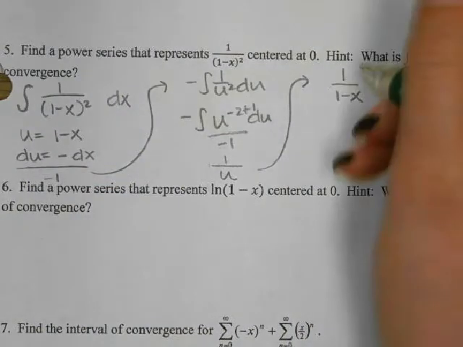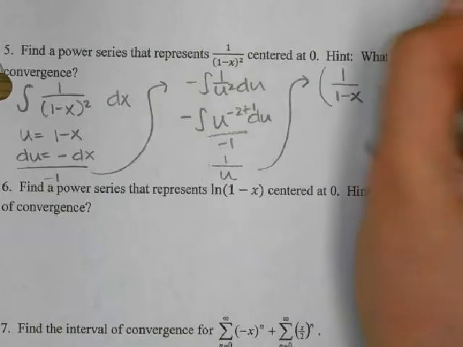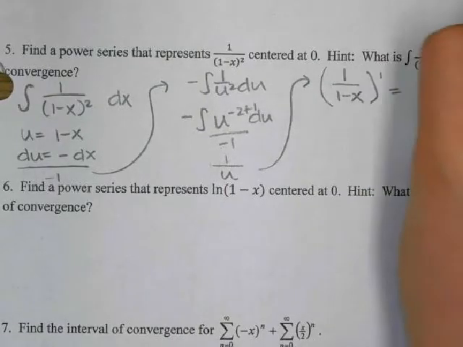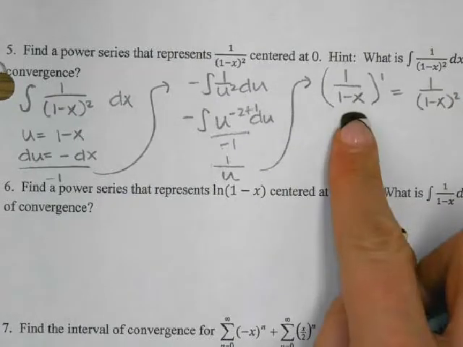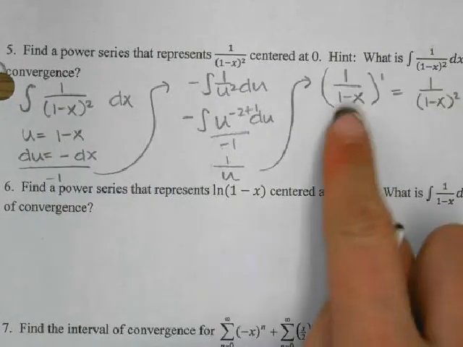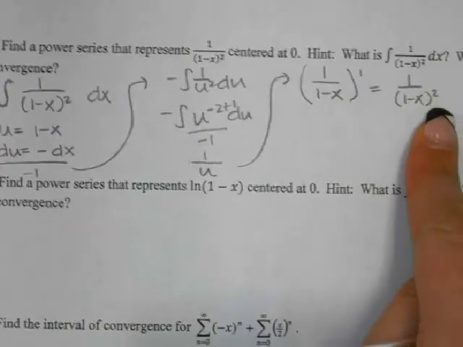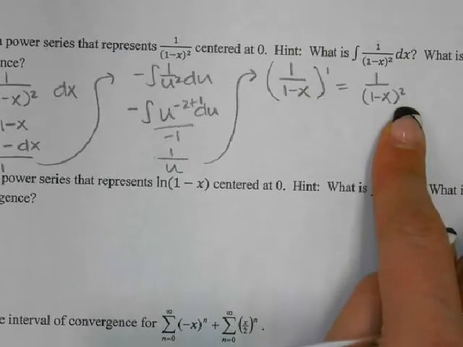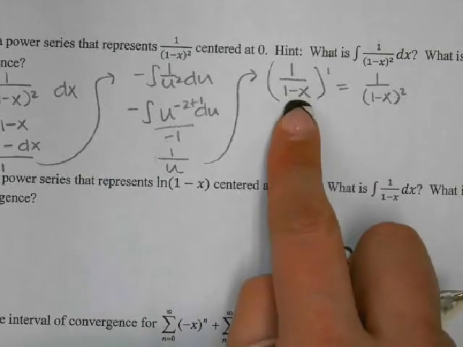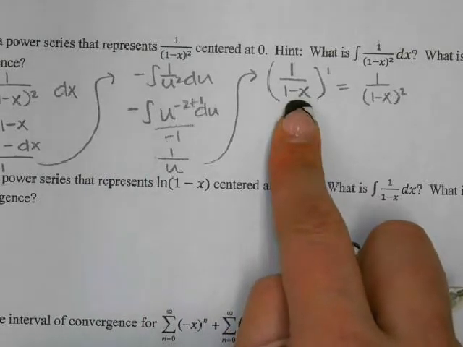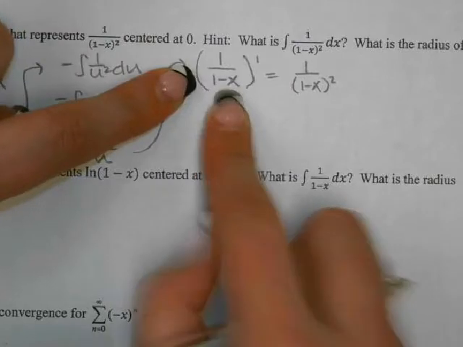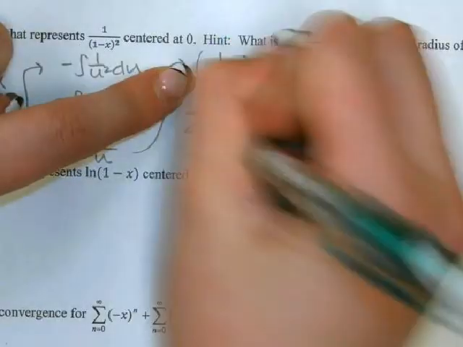Okay, so if I take this and I take the derivative of it, that's going to give me 1 over 1 minus x squared, right? Because if the integral of this gets me to this, then the derivative of this would get me back. Okay, so I'm going to think of it that way. All right, so now if I take this one and I go ahead and write a power series, a geometric power series for it, I can say